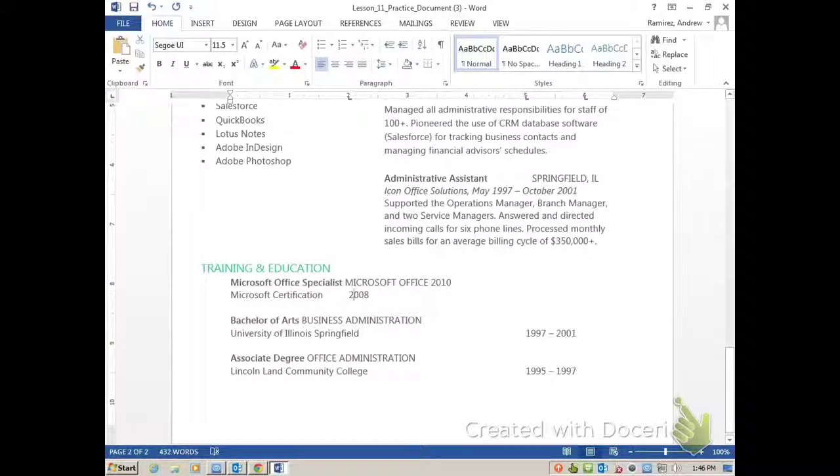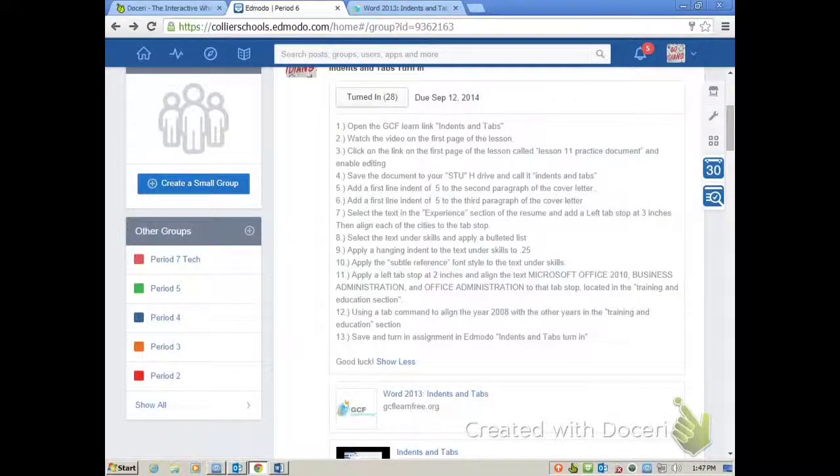So you want the Microsoft Office 2010 to be at the left tab stop. So you just hit Tab, then Business Administration is the second one, Tab, then Office Administration is the last one, Tab. Alright, last step. Using a Tab command to align the year 2008 with the other years in the Training